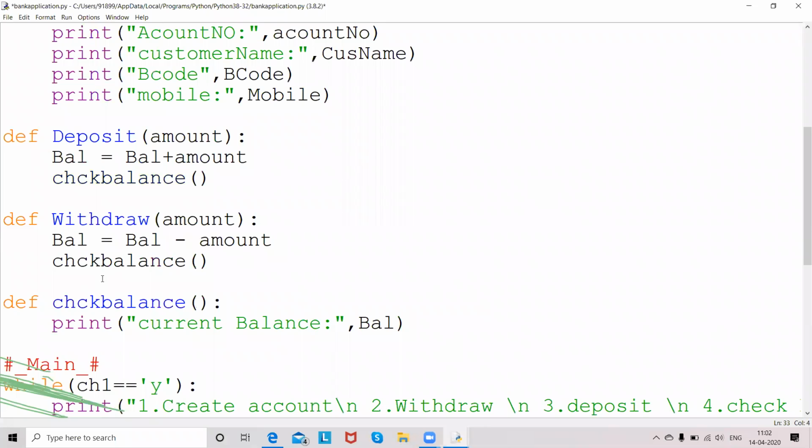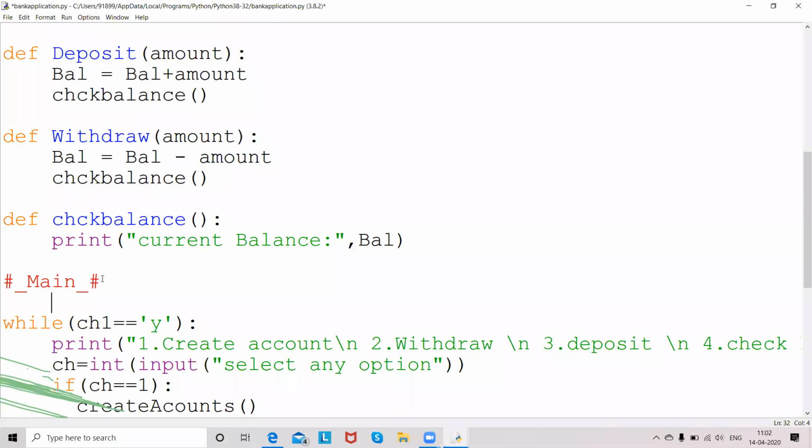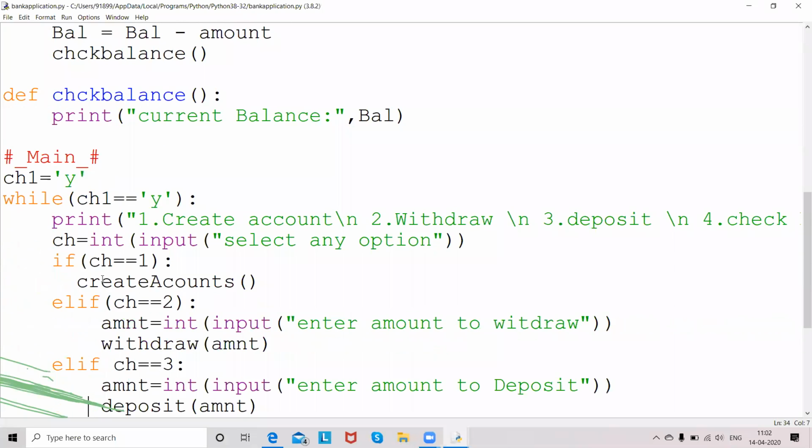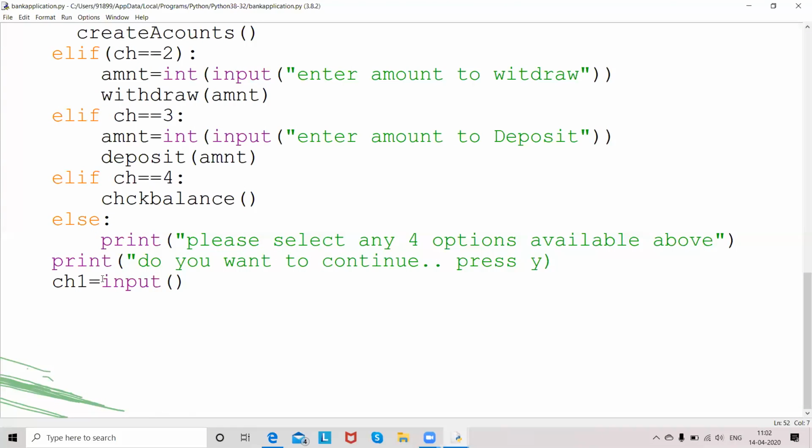Sir, doubt. Yeah, you can raise. So why did you use the flower bracket? No, that is because of the syntax of my C++, because I'm using both the programming. So suddenly when I close the function, I just use those syntaxes. Not here in Python, we don't need that, because in C++ or any C programming, Java programming, you need to put the curly brackets for the opening or closing of any function. So it is just out of habit it came.